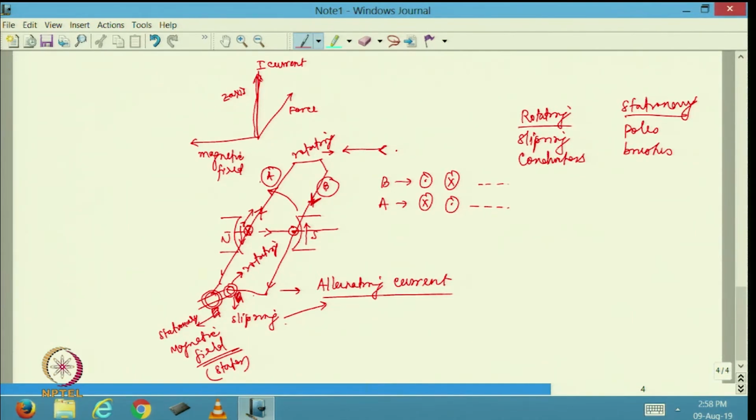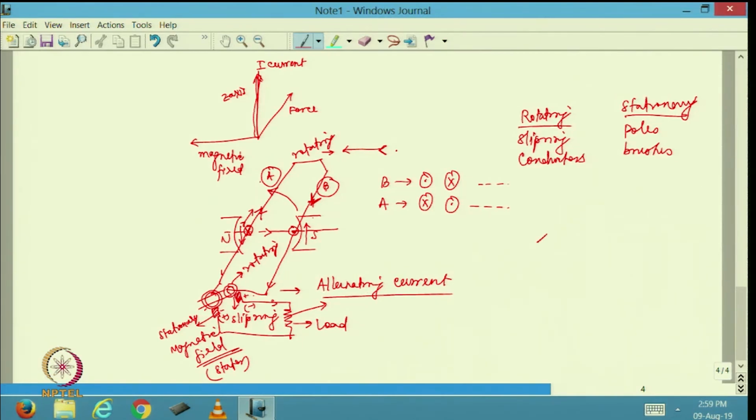Now, if I am going to have the brushes collect the current, I will be able to make an external connection with the resistance. So, this is my load. So, load I can connect directly, that will be possible, but I will have alternating current supplied to these loads, because if you look at it, the conductors are continuously changing polarity, the slip rings will be changing polarity, the brushes which are pressed against the slip rings to collect the current, they will also be changing polarity. Sometimes this will be positive and this will be negative, then after some time this will become negative and this will become positive. So, it will be alternating. So, I do not want this to happen in a DC machine.